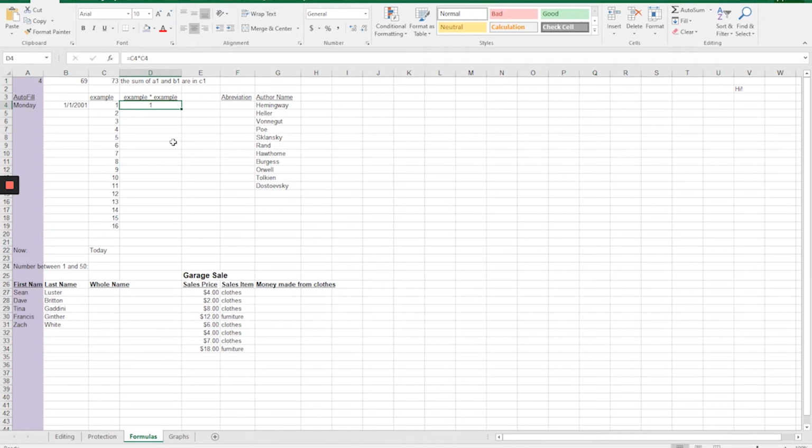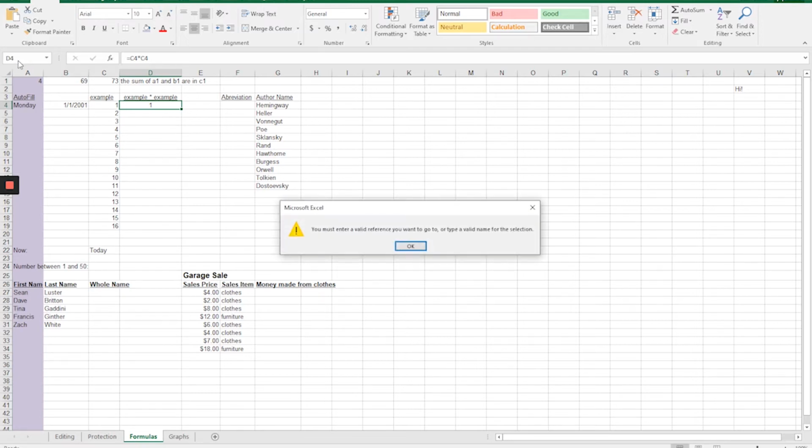Now, every cell by default has a name. That name is its column letter followed by its row number. And you see here in the name box, it says D4. If I change this to 1 squared, which is what that equation is there, and press enter, oh, you see an error that I made there